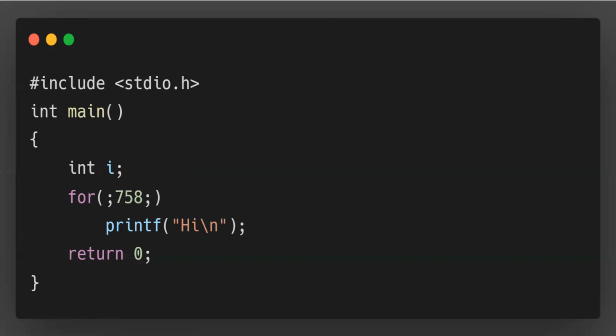So hence, it is going to go into an infinite loop again. As I told you, no matter what loop it is, the constraint is going to be the same. So what does the constraint say? Any number which is not 0 is always going to be considered as true. Hence an infinite loop in this scenario also.